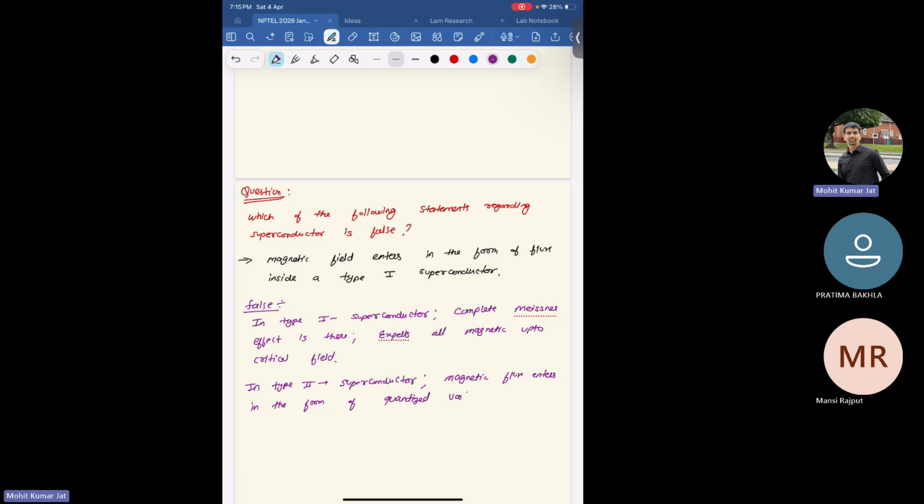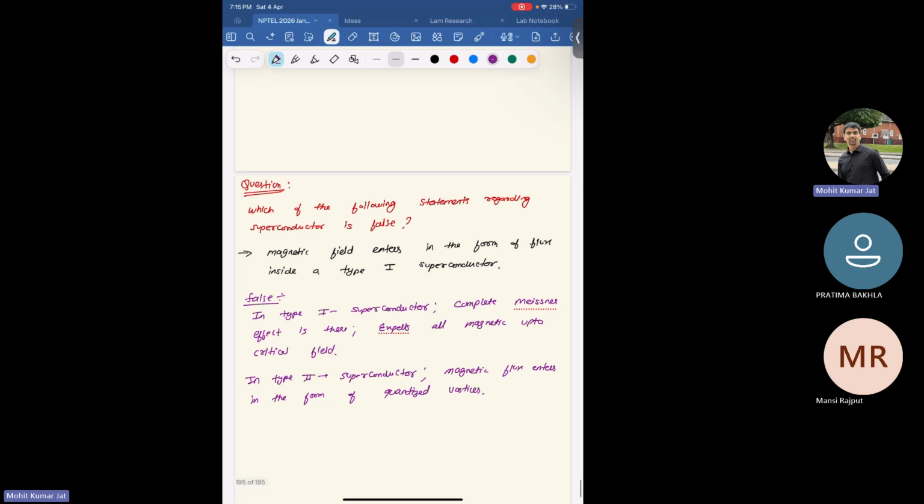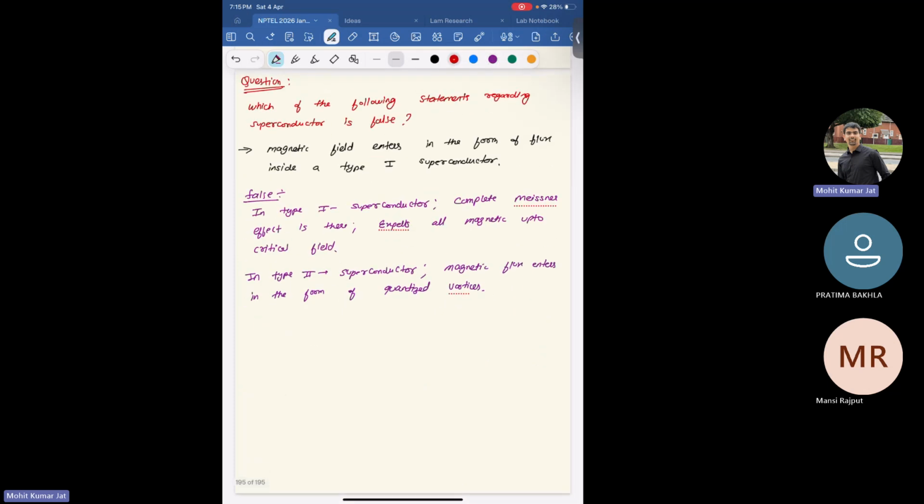1 plus and quantized vortices. So this became false. Okay, let me just put another option also. So the other option is the London's equation, which is given by